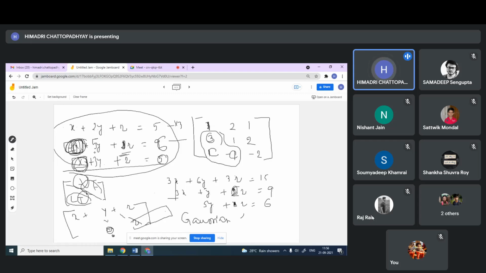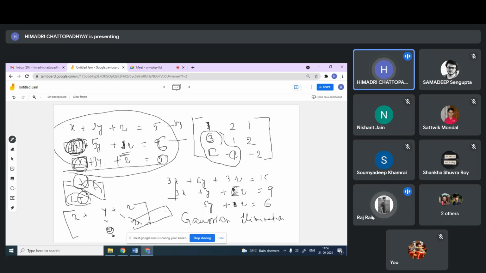I think Gaussian elimination you already completed in programming, or you have not? No, sir, we did not do this. Okay, so anyway, there are a lot of materials. Sir, is this the same as Gauss-Jordan elimination, or is it something different? There is some method with little difference. I don't recall exactly at this moment. But Gaussian elimination is the basic thing. Then there are a lot of modifications. So Gauss-Jordan elimination is one of them, I guess.